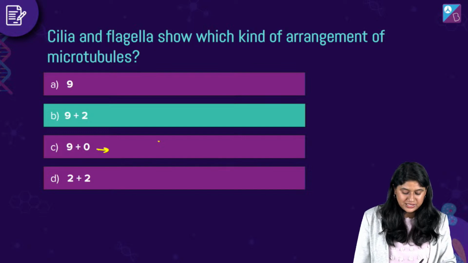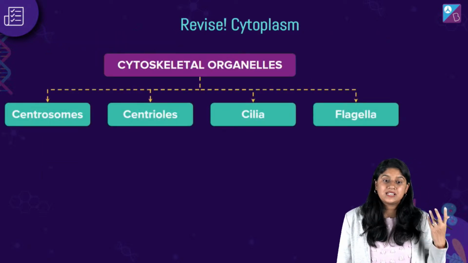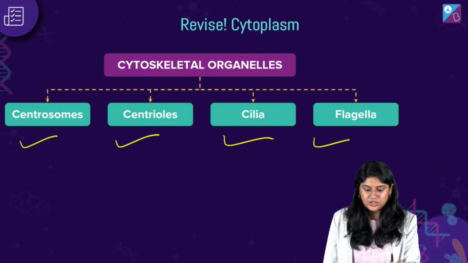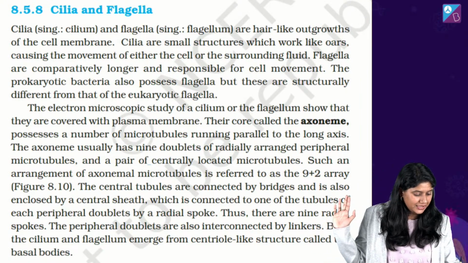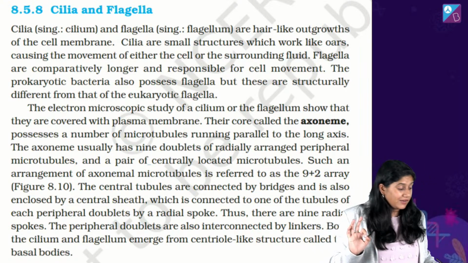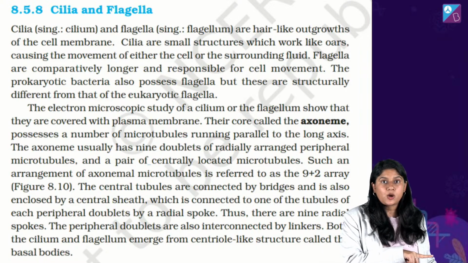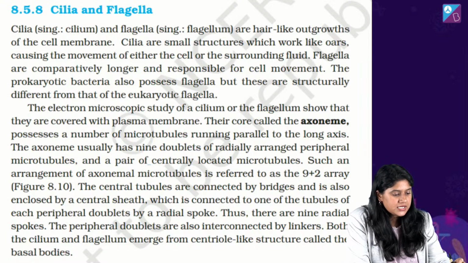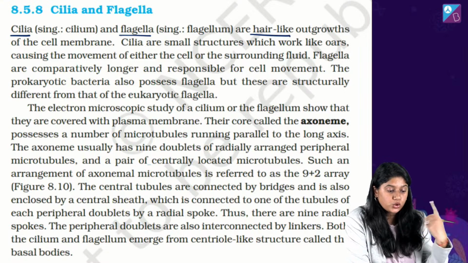चलिए, so with this everyone, let's quickly revise what we have studied. We have studied about the cytoskeleton organelles, right? Centrosome, centriole, cilia and the flagella. Now everyone, अब हम एक बार can we quickly go through this textbook, NCERT की lines, right? फटाफट से पढ़ते हैं। We have some time, we have to finish the nucleus. इसके बाद में nucleus is the topic which will take some time, तो फटाफट से इसको पढ़ें.